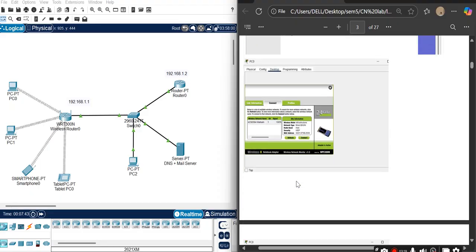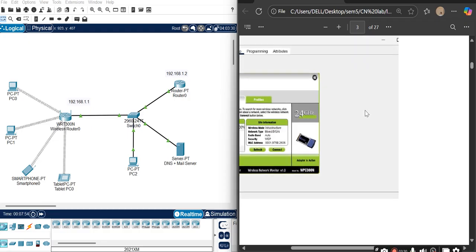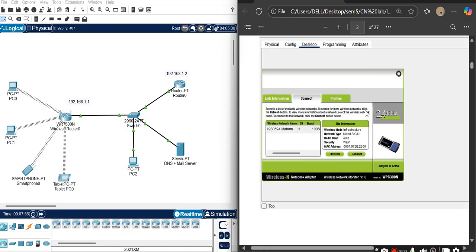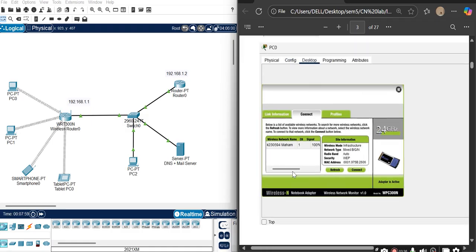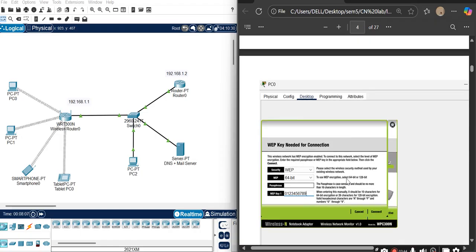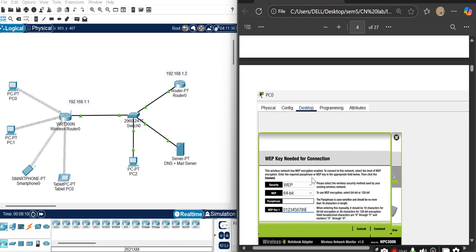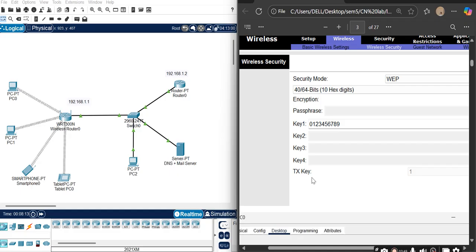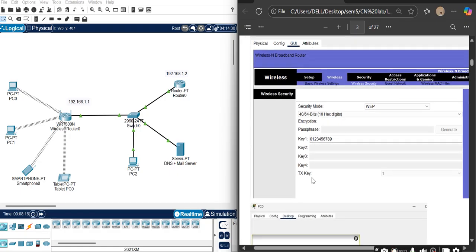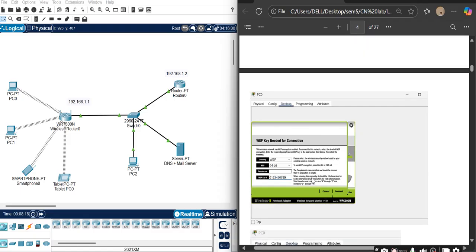Then what we had to do was this, which was not previously connected to the wireless router. As you can see, the wireless connection that has been built, if I zoom in a little, showed something. We went onto the PC's desktop, something like this was displayed to us, and then I had to connect to it, and it asked me for my WEP key that I previously set up in my wireless connection. That is basically for the security of the wireless connection setup, so that nobody can connect to your router.